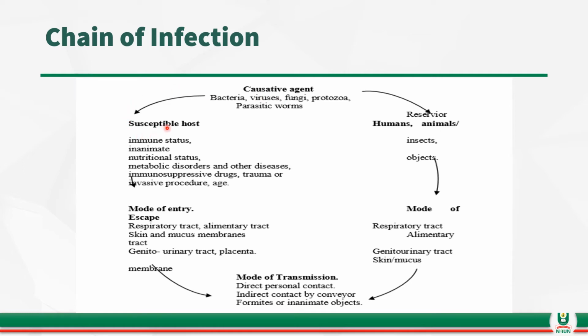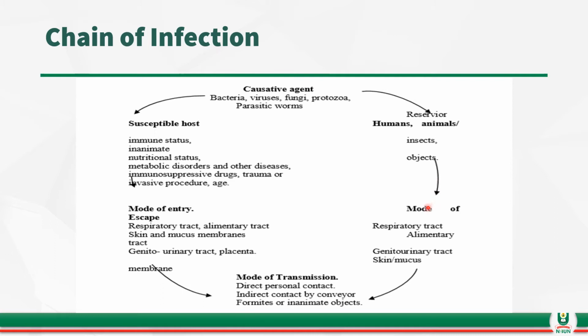And these are three of them: the mode of escape from the reservoir, the mode of transmission, and the mode of entry into the susceptible host. So this is what happened. The causative organism, fungi or whatever, looks for a reservoir, which could be a human being, animal, insect or object, and now looks for a mode of